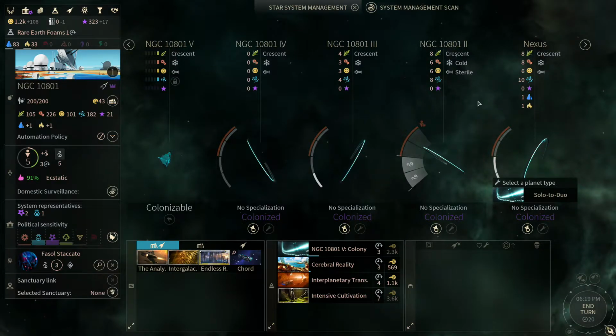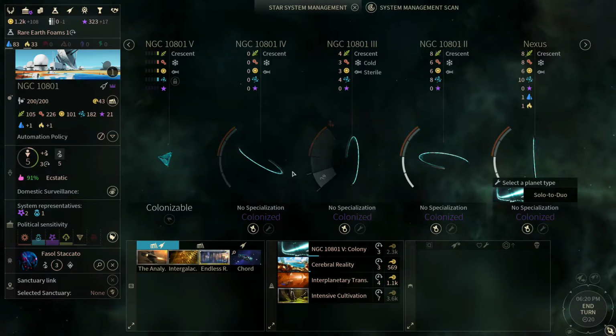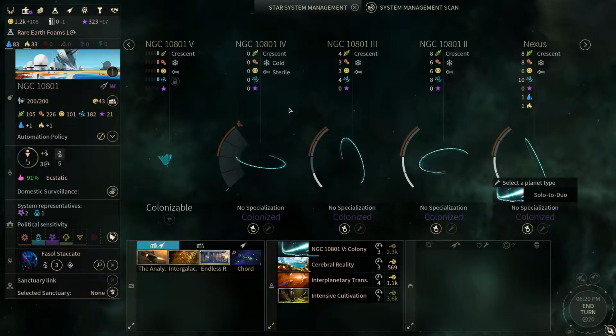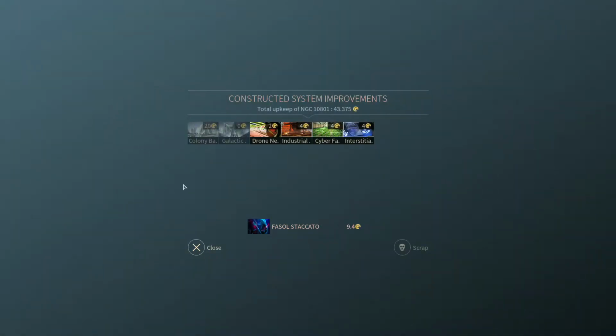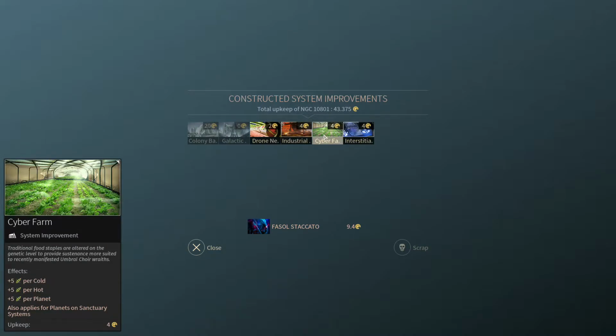Well, in my humble opinion, the better choice, almost emphatically, almost without doubt, is to grab as many of these planet slots as you can nearly as quickly as possible. And I say nearly because there is one caveat to that, and that is you need to have your core buildings constructed. The core buildings, which are found here, are the industrial refinery, or refrains in our case, the cyber farm,